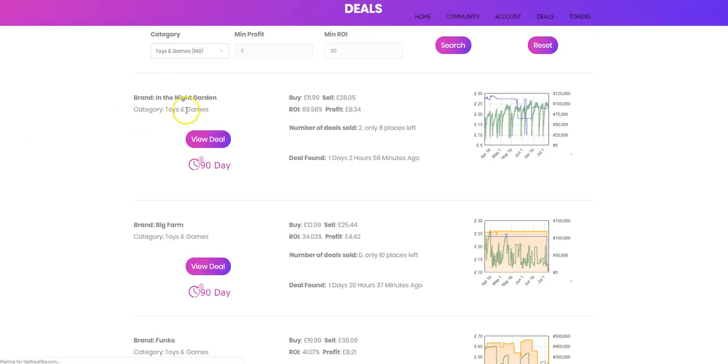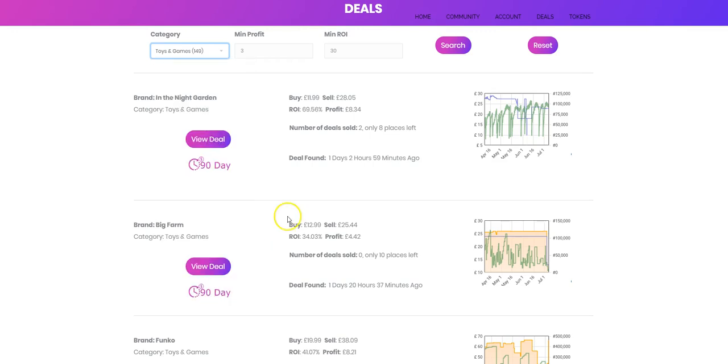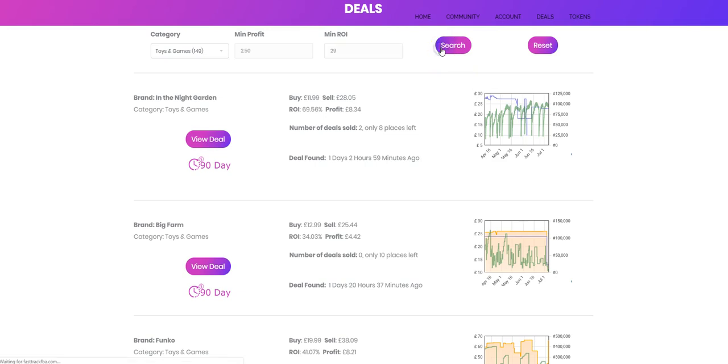So first thing I want to talk about is the ability to search through a lot of deals. As you can see here, I've just done an example. Say it's Q4 is coming soon, so you might want to start preparing for that. So say I'm looking at toys and games. They sell pretty well over Q4. I want items with a minimum profit. Say I want a minimum profit of £2.50 per item. That's my minimum, and I want at least an ROI of, let's go 29%, just so that you can see the results might differ. I just click search,